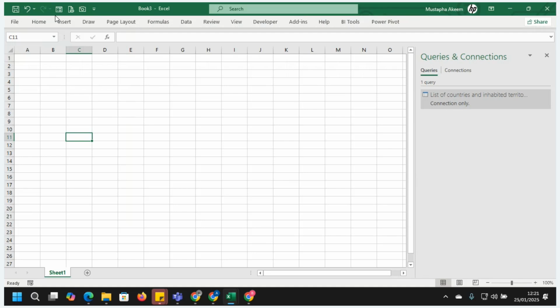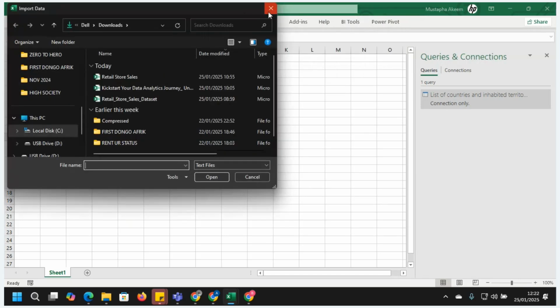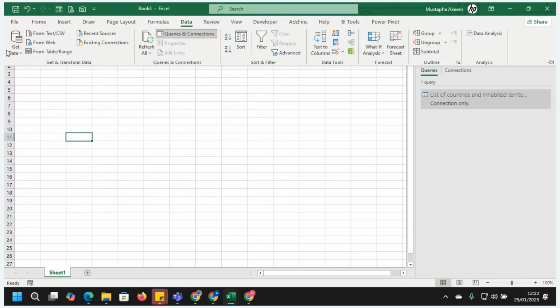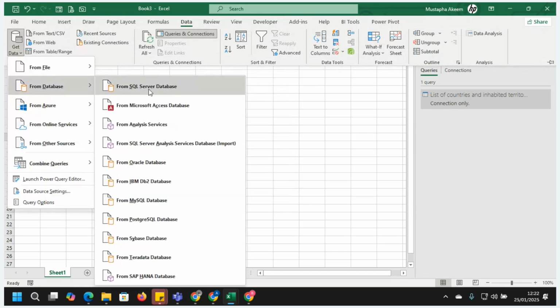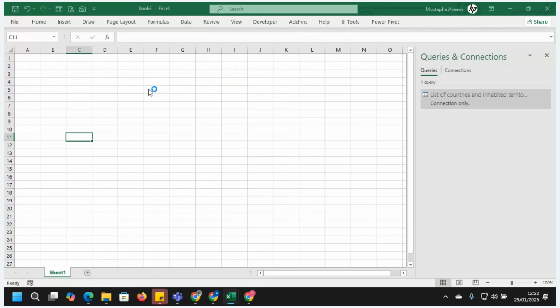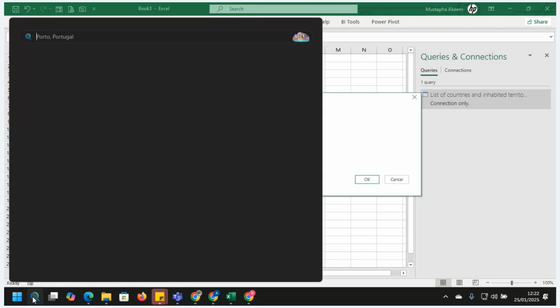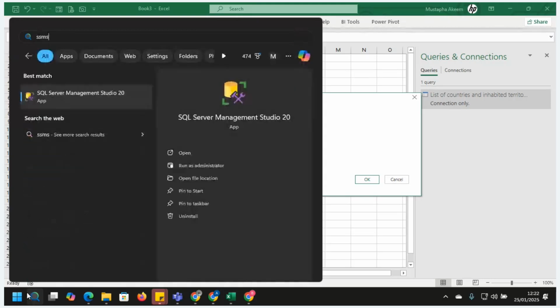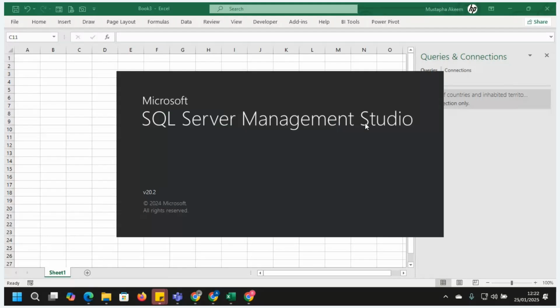Or you can also connect with your databases like SQL. I think I still have SQL here. Sorry, let me see if I still have it. You can connect the data from databases, SQL Server. I think I still have it. You can connect with your SQL Server database with your Excel and see how Excel can be useful. I think we're going to do that tomorrow.